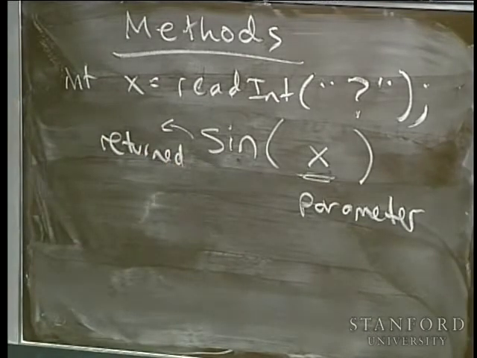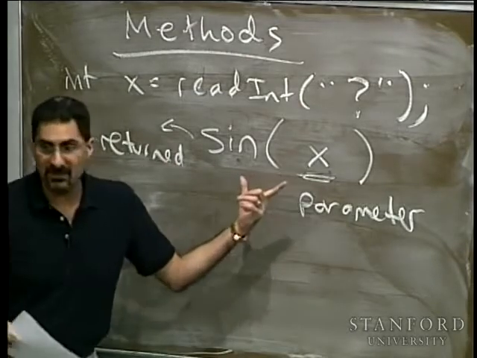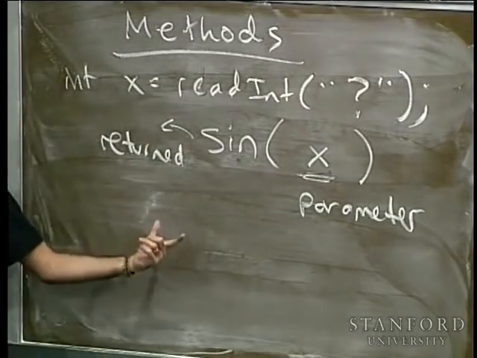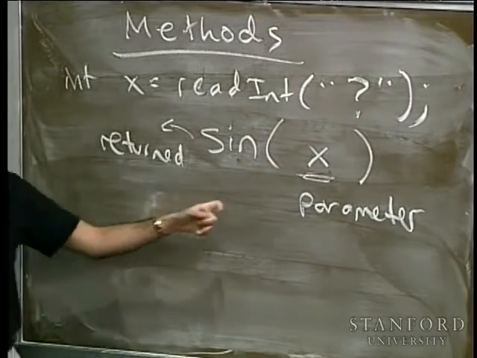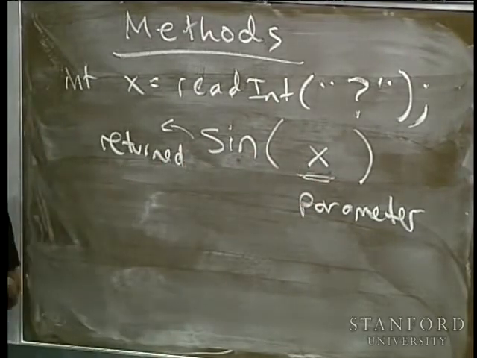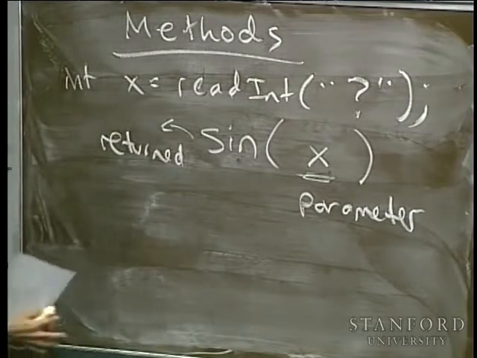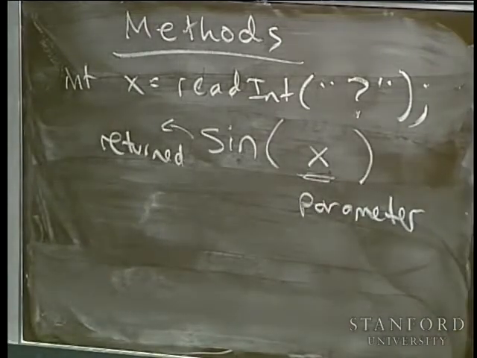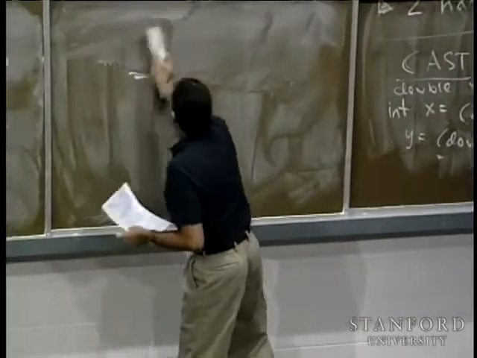That's the one bit of additional complexity that comes up with methods in the Java world as opposed to the Karel world. In the Karel world, you didn't have any parameters that went in and no values came out. In Java's world, you do. Okay? So first of all, just to wrap up on the little math example,